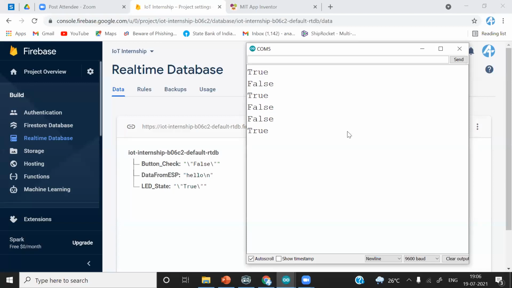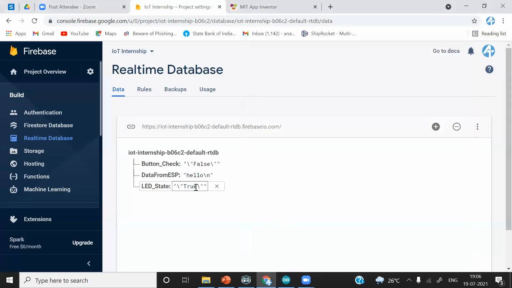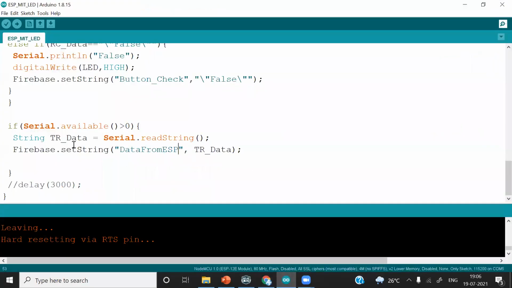So tomorrow in the session, we will talk about this button check and this serial available, and how we are putting data from the ESP8266. We are going to collect data from the microcontroller, which is PIC18F4520, and receive that data into the ESP8266 as we did manually now. Then we are going to put the same data, for example liquid level measurement, into Firebase, and read that data in the Android application.